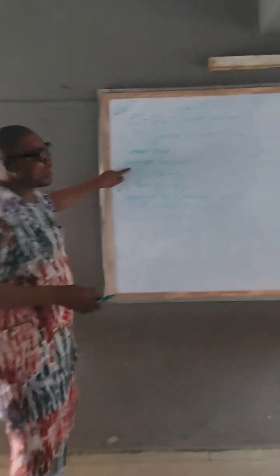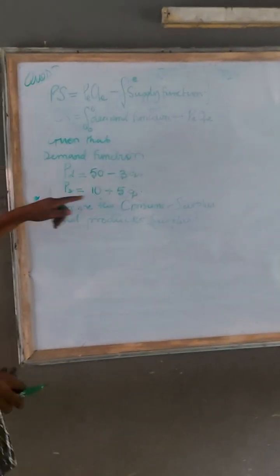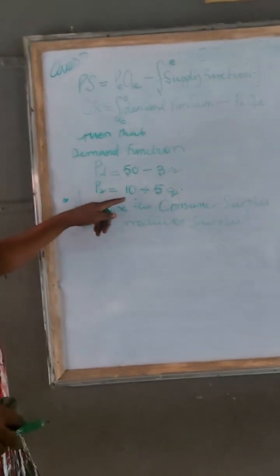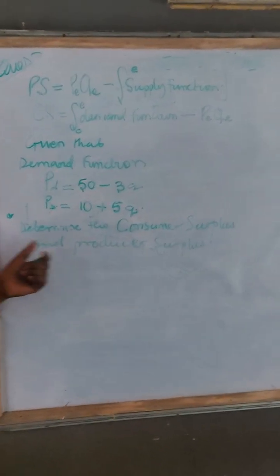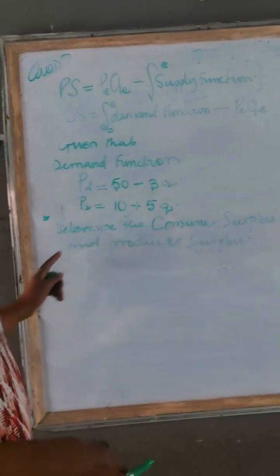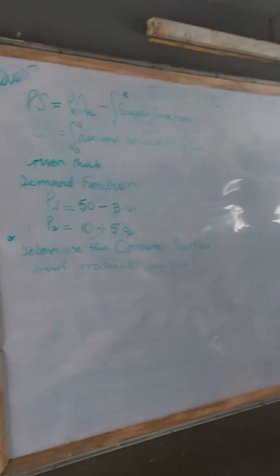The demand function is P equals 50 minus 3Q. Then the supply function is 10 plus 5Q. Determine the consumer surplus and the producer surplus. So the first thing to calculate is your